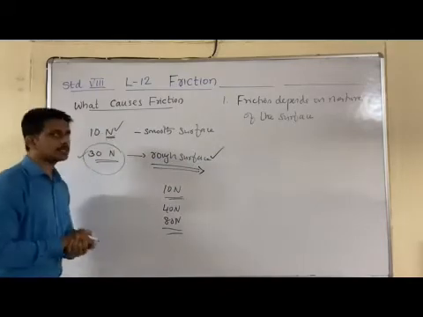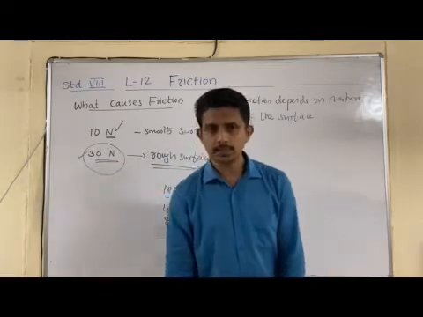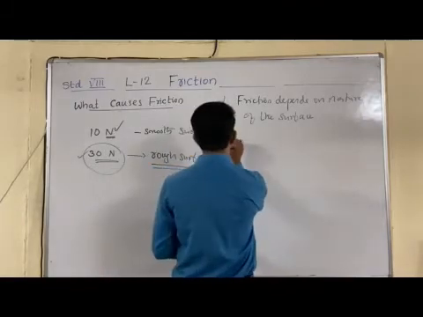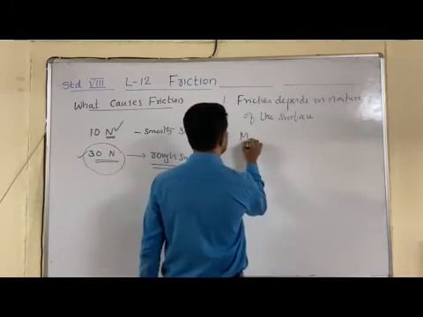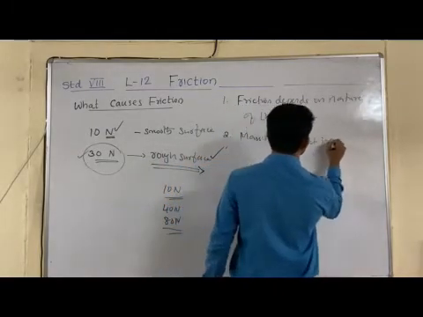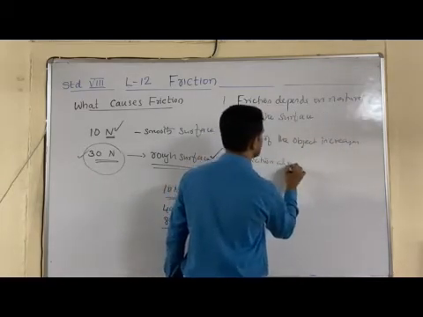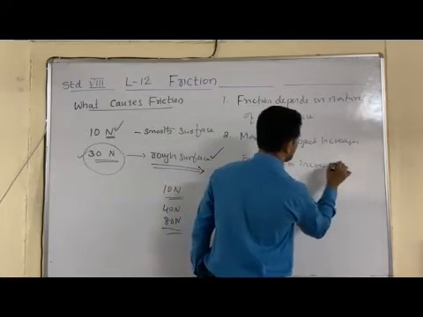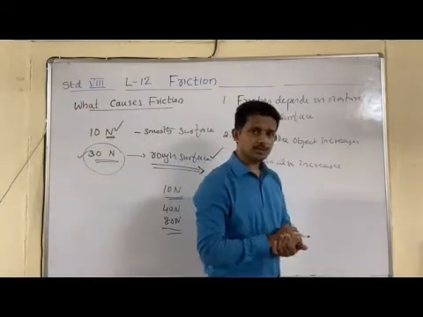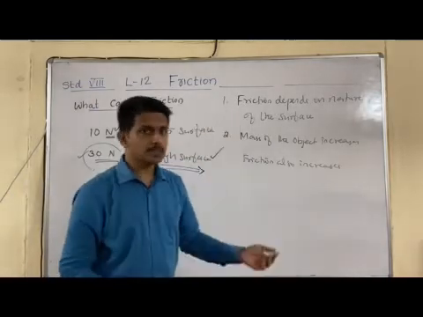So from these observations, one thing is clear: as the mass of the object increases, the frictional force also increases. So another factor that friction depends on is the mass of the object. As mass increases, friction also increases. So these are the two factors friction depends on. First I said friction depends on the nature of the surface. Now we see that as mass increases, friction also increases.